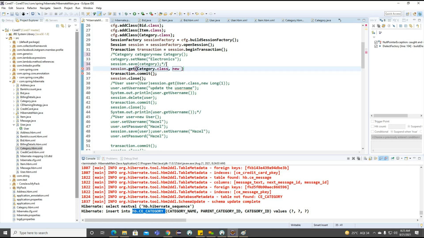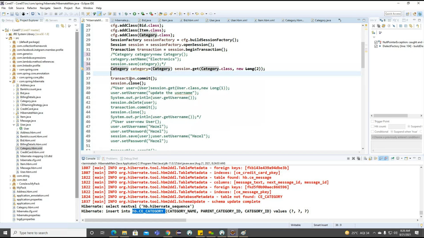What is the ID we are having here? New long, new long we are having two. Okay, and here convert into the category format here.